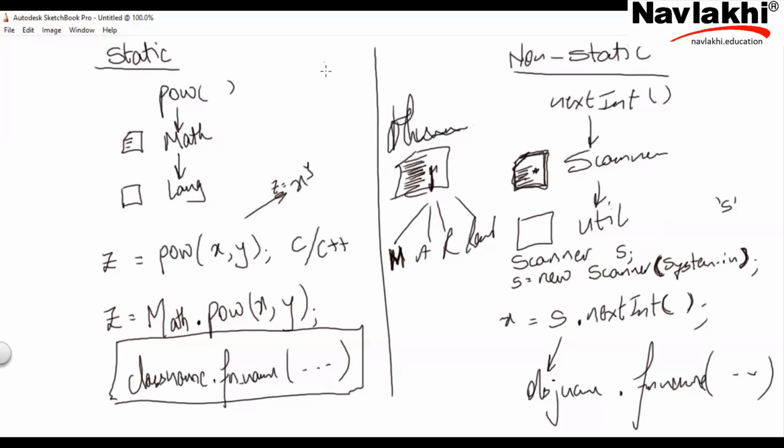Now, say for example, you had a class called input stream reader. And if you wanted to create an object of the class input stream reader, you want to instantiate this, what will you do? You call a function only, after new. And what should the function name be? Input stream reader only.